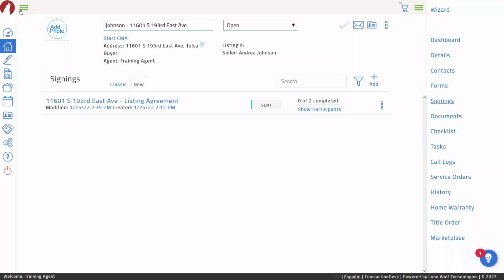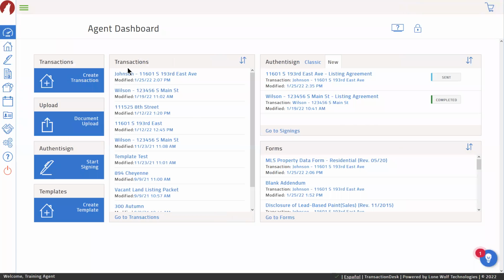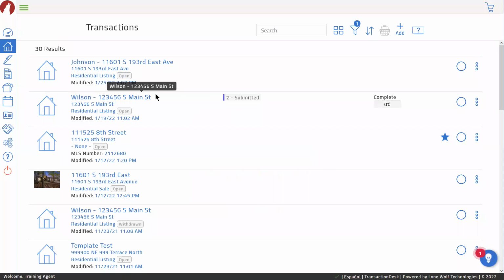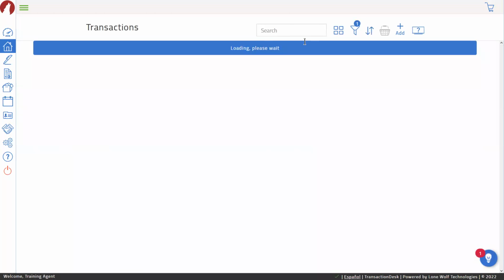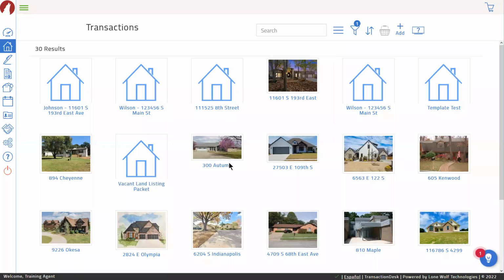Now, if I do this from the left instead, so for instance, here's my dashboard where we have our home page. I can click on the home button, which actually allows me to see any of our transactions that we've created. We can filter this based on what the status is or when we created it, or we can even do a search in case we wanted to search by the name of the transaction or the individuals participating in it. There's a sort method. There's even an option to switch this over to a grid view that shows the photos that are added onto each of these. It's a variety of different options.